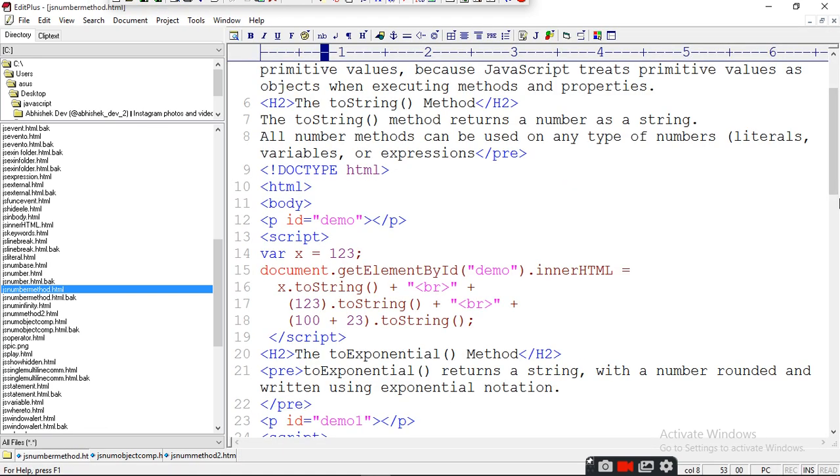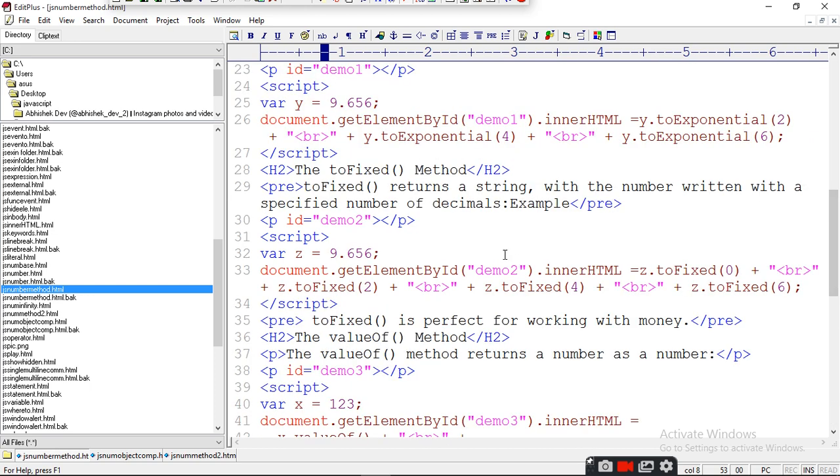Next is toExponential. When we want to represent the number as an exponential, with the number rounded and written using exponential notation, we write y equals number 9.656 and y.toExponential 2, 4 and 6.